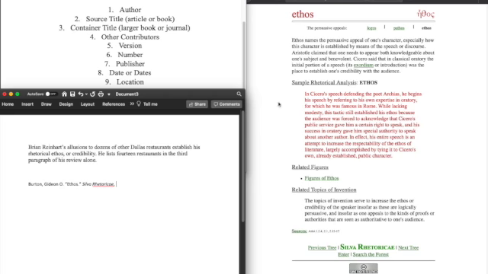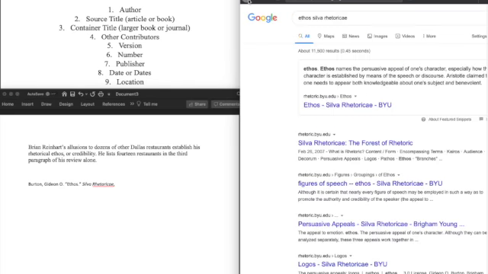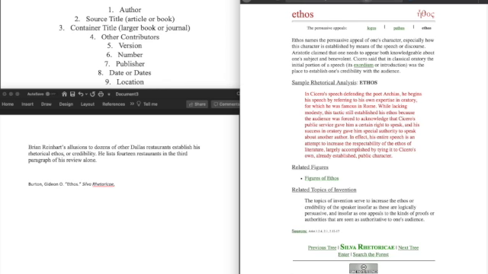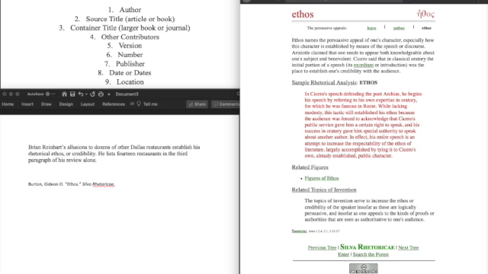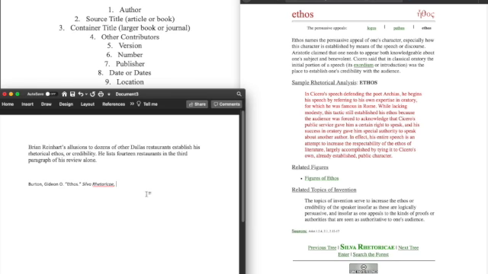We also don't have any kind of version. We don't know if this is the first version of the website, the second version, or the 10th version. So again, we're going to leave the version out, and the same is true for number. However, we do have a publisher. We know that Brigham Young University has sponsored this website.